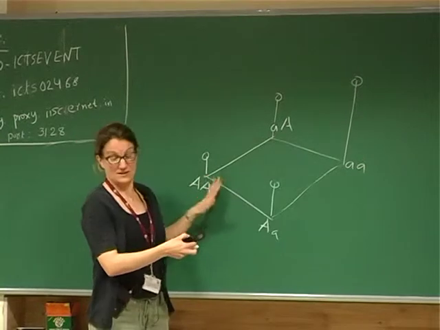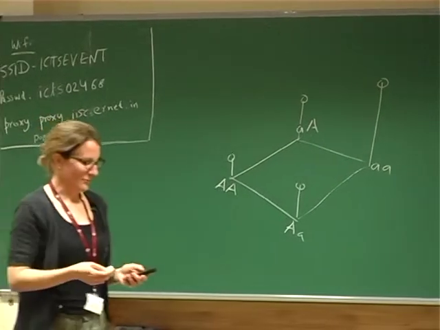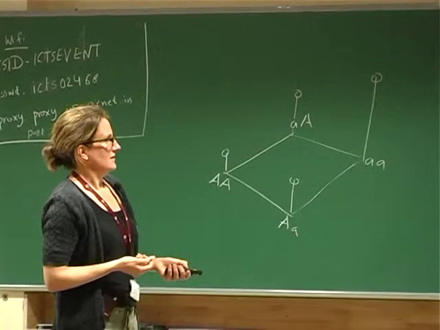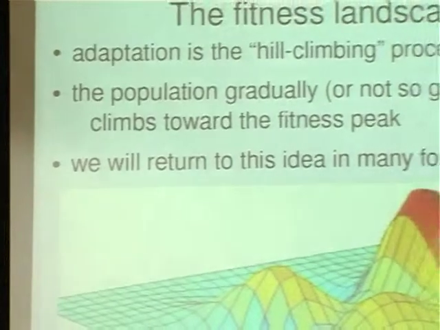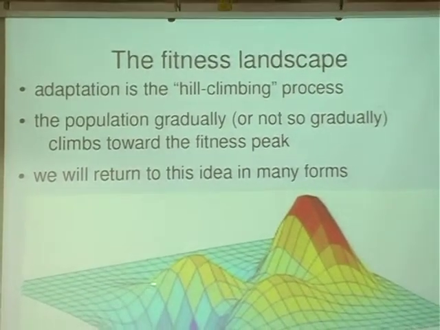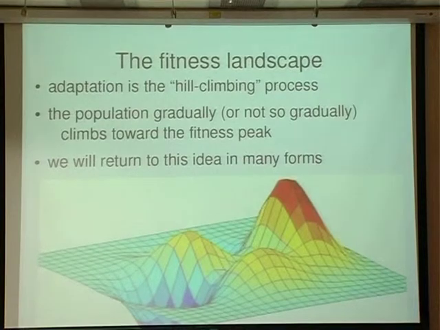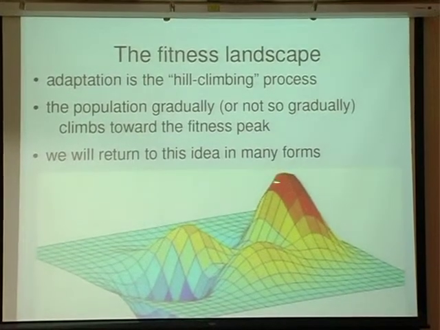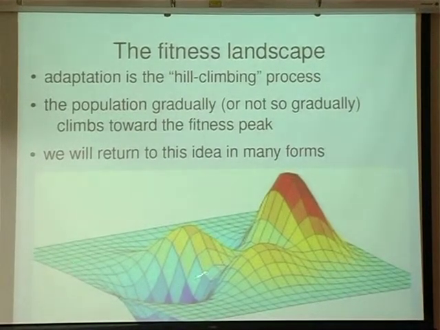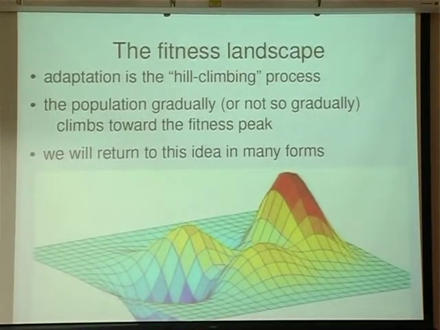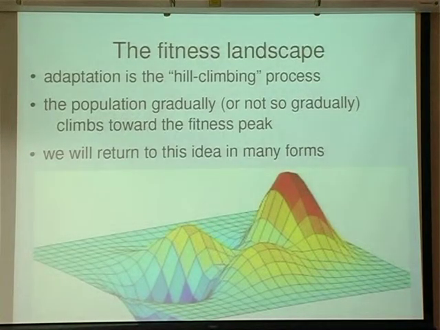And if we had many, many genotypes, we could approximate, at least in our minds, a continuous surface where, again, the vertical axis is fitness. So down here, there's a genotype that's not very fit, and here's the best possible genotype in this population. Or perhaps we might think about this being phenotype space instead, and we'll talk more about that. And then adaptation is the process by which the population might start here and then climb up towards the peak as it adapts, right? Becomes more fit.